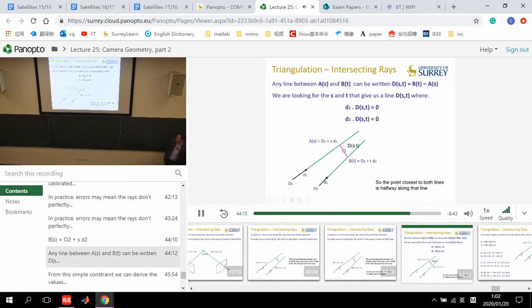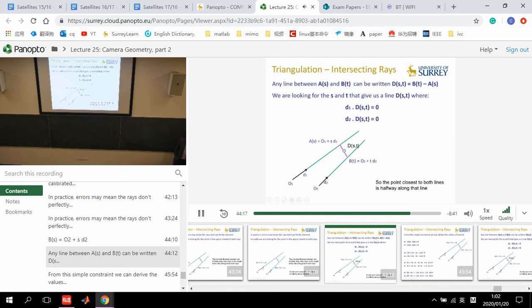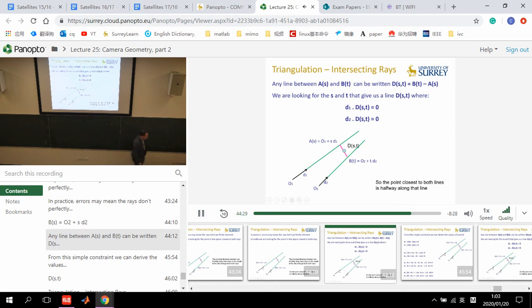So let's derive the equations that are going to tell us how far we have to move along each of our two rays in order to get to the start and end points of that purple line. And because we're going to have to solve this as a simultaneous equation, we're going to come up with a different name for the parameter for line number 2, so let's just call it T. So now we're going to talk about equation A of S, and instead of B of S, we're going to write B of T so we don't confuse ourselves. And what we want to do is come up